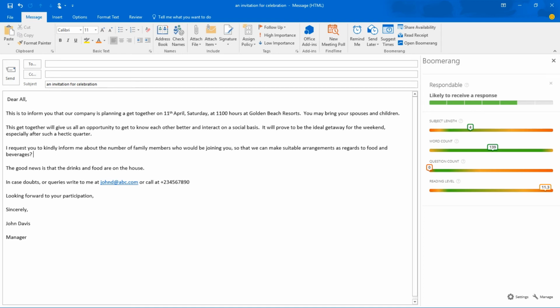If you look at the reading level, it's pretty high. It is in the area where it's a little difficult to understand. So perhaps the sender can work a little to improve there. However, again, the overall score is not perfect. One green bar is empty, but still the employer, when he sends this mail, is very likely to get a response from the construction and the whole setup which is there in this particular message.